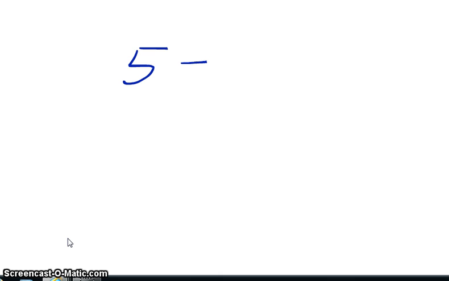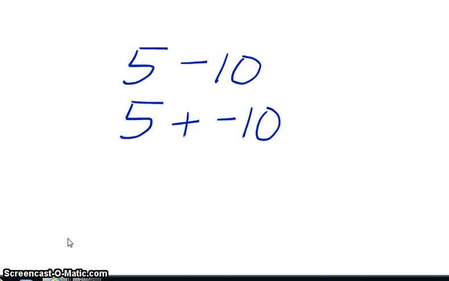Alright, let's do one more example, and we will just do it without all the extra writing so you can see what it looks like. We'll do 5 minus 10. We will first rewrite the problem as an addition problem and apply keep, change. So we have 5 plus negative 10. Signs are different. We want to subtract the smaller absolute value, 5, from the larger absolute value, 10, which will give us 5. The larger absolute value was originally negative, therefore we would keep the negative sign,